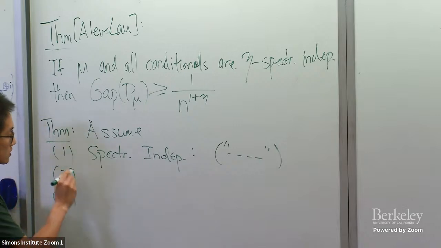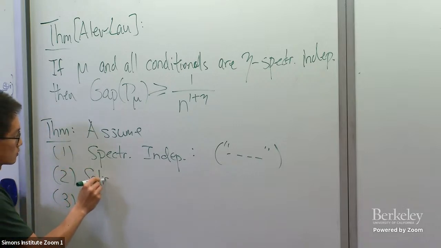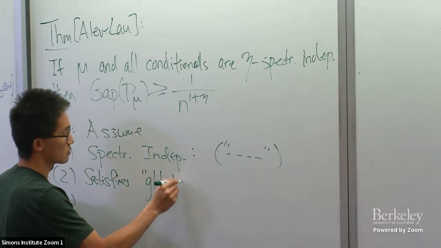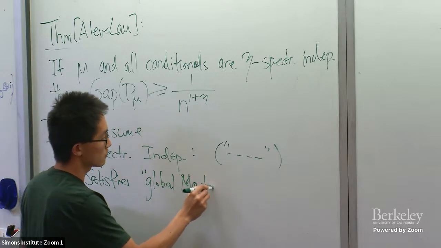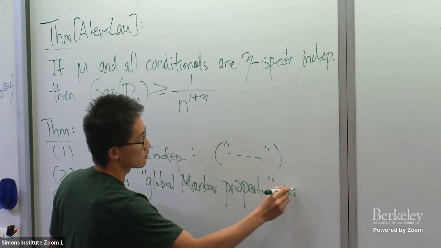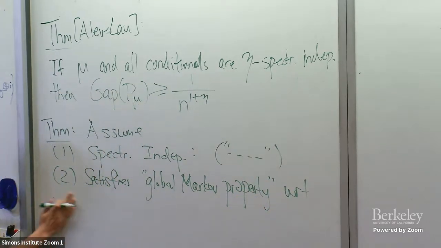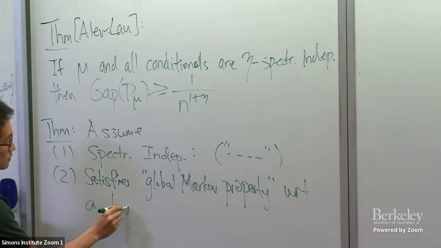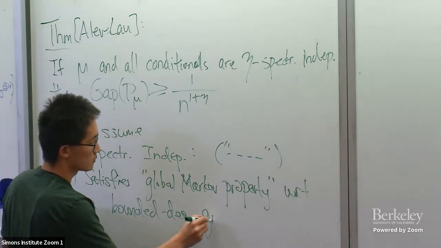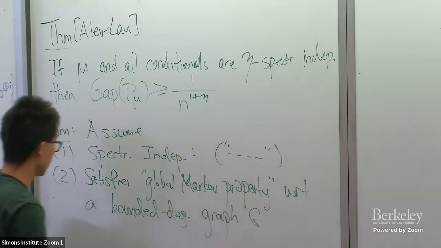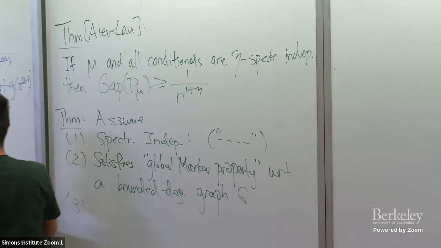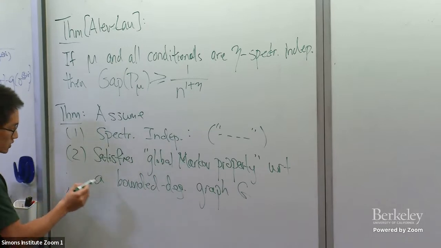So if I assume that it satisfies a global Markov property with respect to a bounded degree graph G. And third is the slightly more technical assumption, but is necessary for something like a standard log Sobolev inequality,